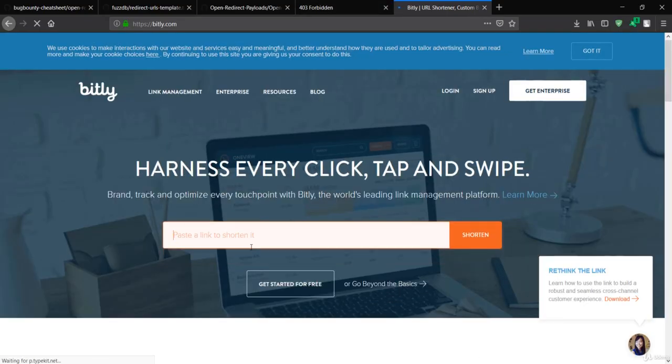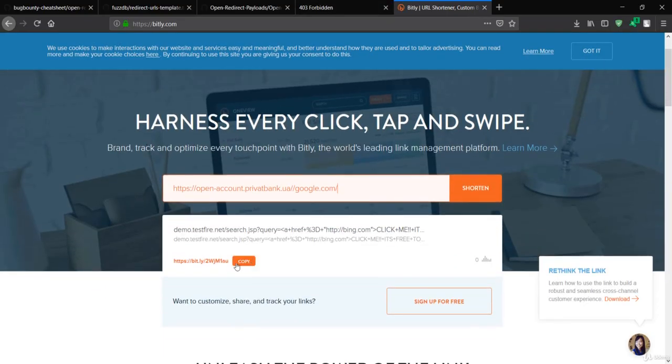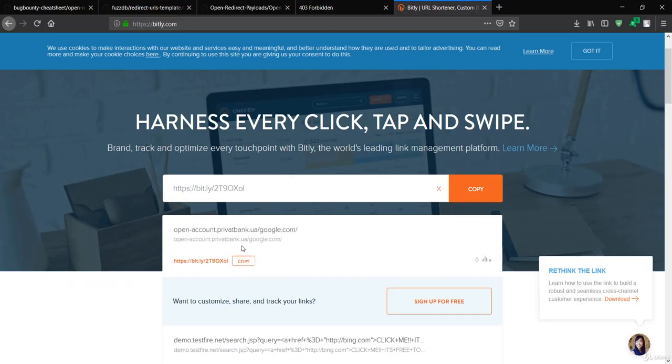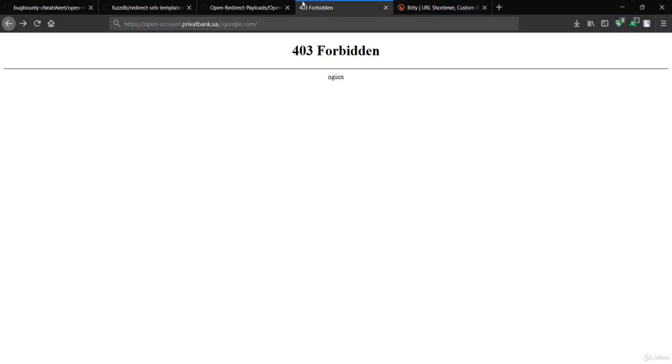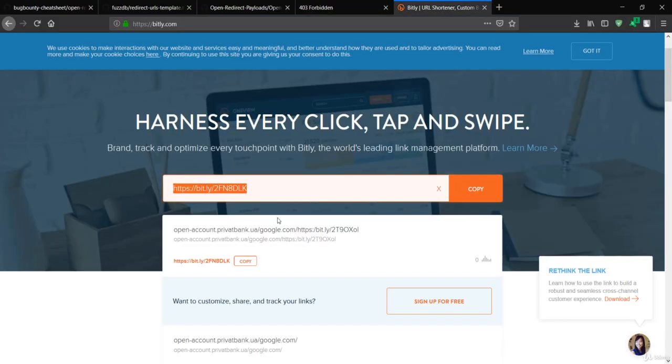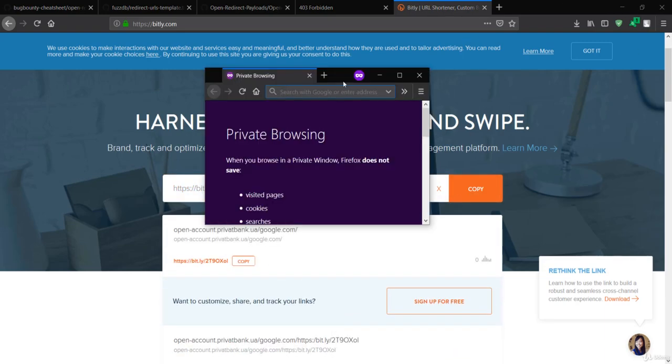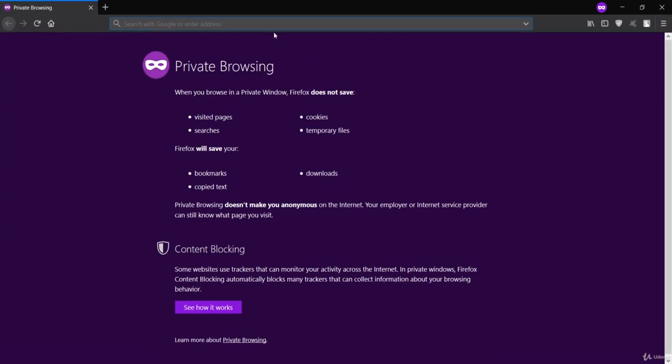You can simply paste your link here, so let me copy the new link, paste it over here, and say shorten. Copy this link and give it to the new user.